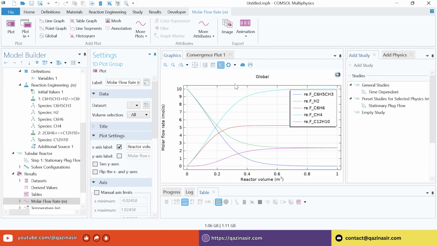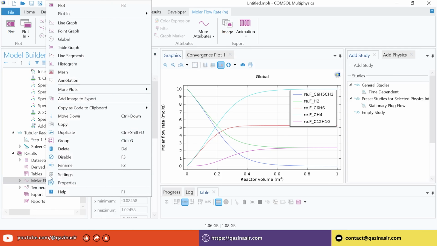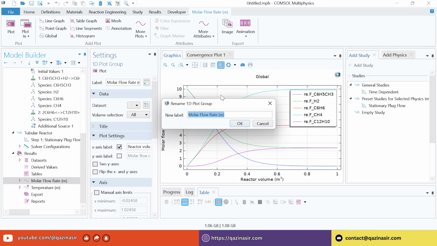Now let's move on, because we want to see the temperature distribution as well. So this is only showing you the first, which is the molar flow rate, and we need to change some information here according to our plot. So how we can change the information? If you look at here, so we need to right click on the molar flow rate, and we need to rename this, and we need to define this as concentration